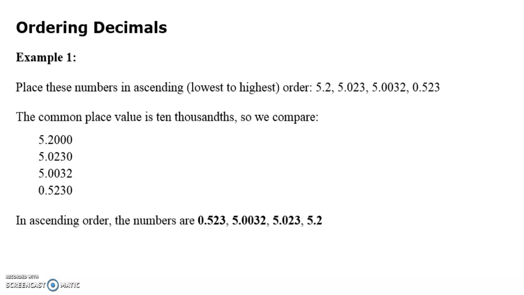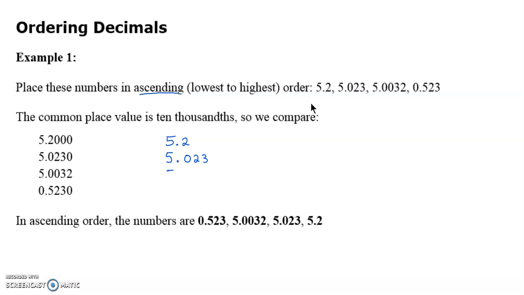So for this first example, we're going to place the numbers in ascending order. So we're going from lowest to highest. And what we want to do is how they're showing in the book where they make a list. So I'm going to just write it again as though we're doing it for the first time here. So I'm going to take 5.2 and then I'm going to write my second number with the decimal lined up in the same position,